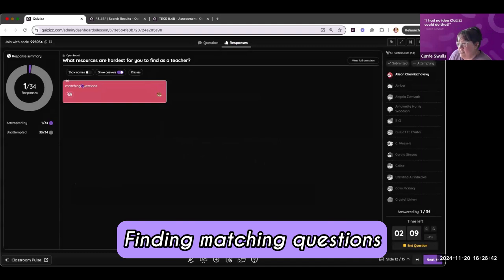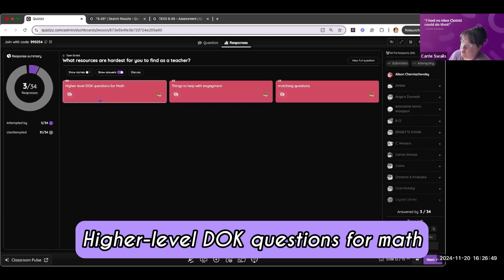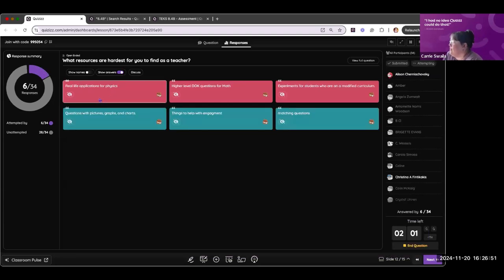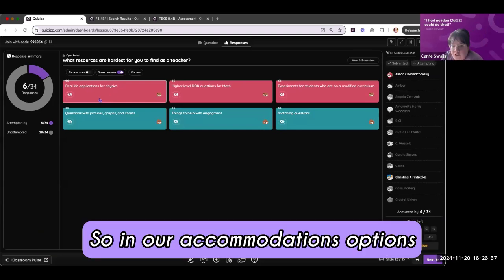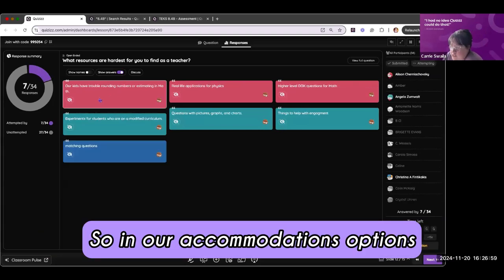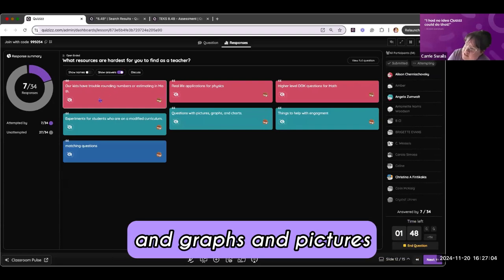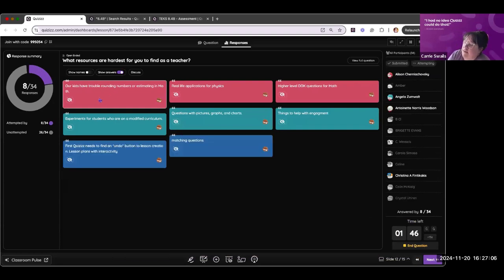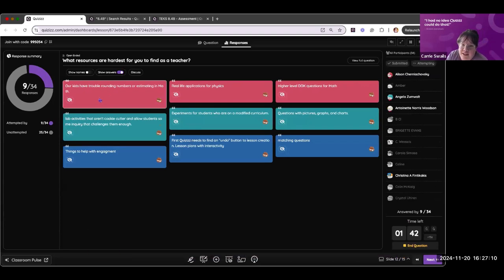Finding matching questions, higher level DOK questions for math. Love this. Things to help with engagement, questions with pictures, graphs, and charts. So in our accommodations options, there's a couple of ways where you can bring in charts and graphs and pictures. In our accommodations, one of the accommodations work is